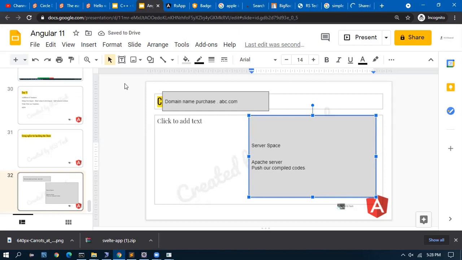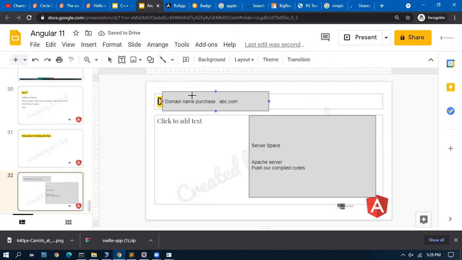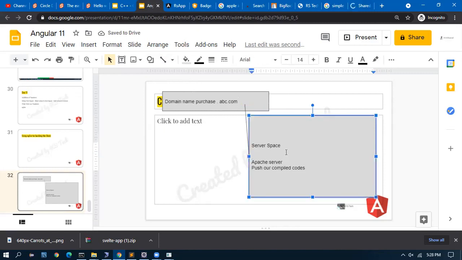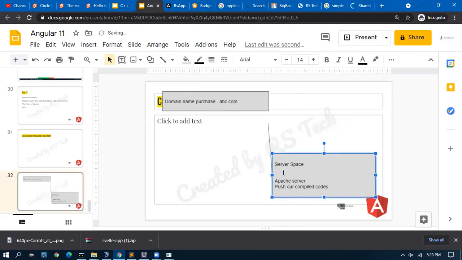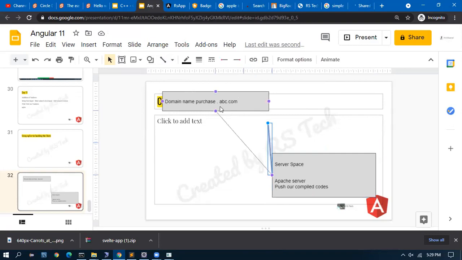And then we have to go to the domain name provider with whomever we are purchasing and give this Apache server's address. There will be an IP address they will give us of this machine. Whatever machine they are giving, they will give an IP address. We just have to give this IP address in the domain name. Domain provider will ask us, what is your IP address? In my case,